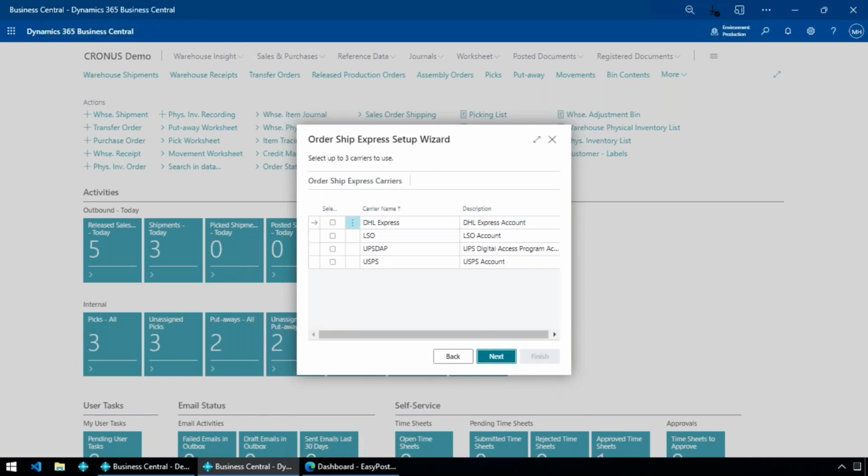I hit next. Now I get to choose the carriers I want to use. So if I've got 10 carriers set up, I can come in and again, I can have up to 3 carriers within Ordership Express. When we're in Dynamic Ship, you can have unlimited carriers, but here I have to choose 3. So I'm going to choose,